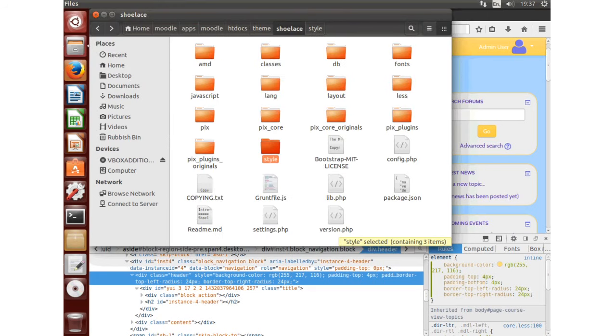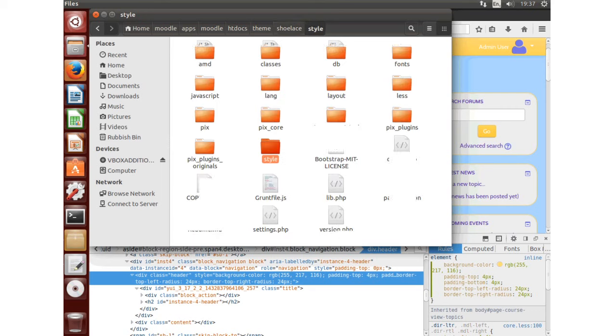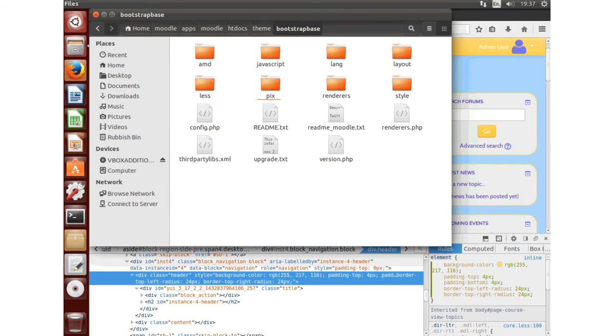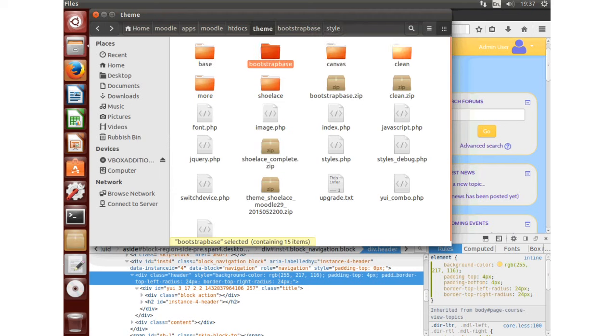Shoelace has inline built-in Less compilation. And Less is just a way of breaking down all of these files and so forth. Shoelace inherits from Bootstrap as a base, and the following there is absolutely huge. Really, really big. Loads of stars in there, so really hard to understand. But you can break it down